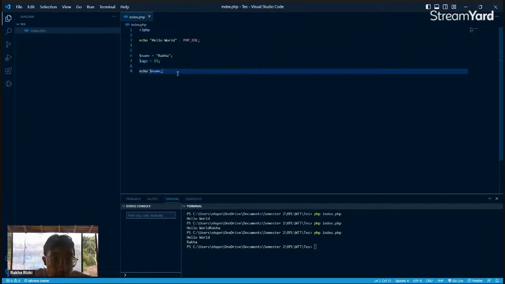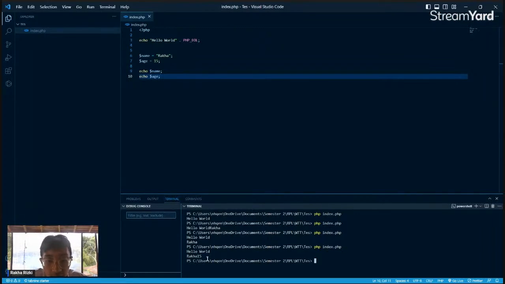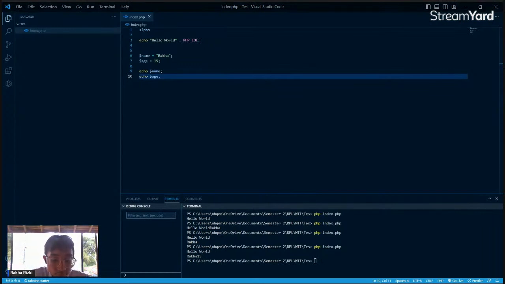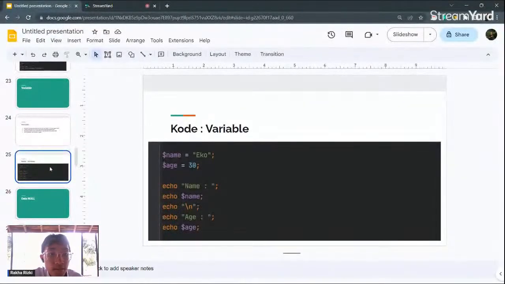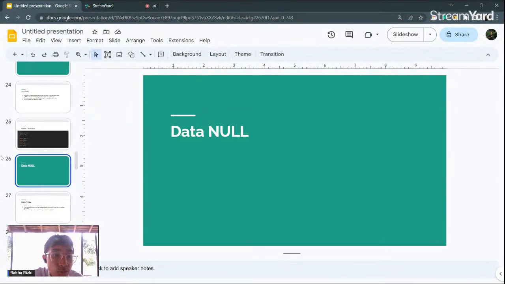And if we are running this page, okay, Rakha 15, it works. Then we can continue to our slides. Okay, the next is data null.